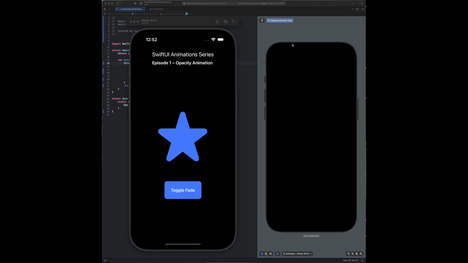I'm going to explore how to create beautiful interactive animations using SwiftUI, from simple transitions to more complex effects. I'll be walking you through every step to level up your UI. Each episode, we will focus on a specific type of animation like opacity, scaling, rotation, and much more. By the end of this series, you will have a whole suite of animations to make your app more dynamic